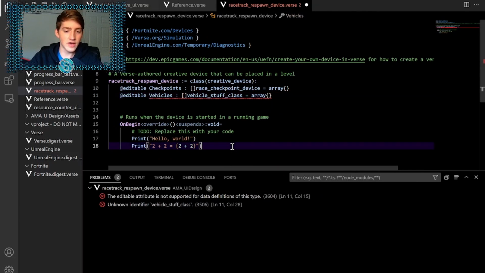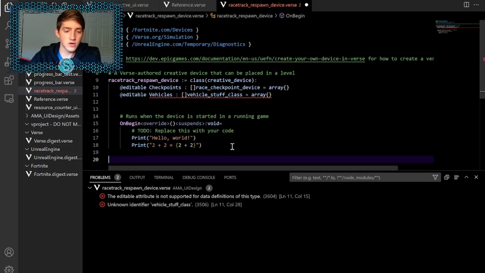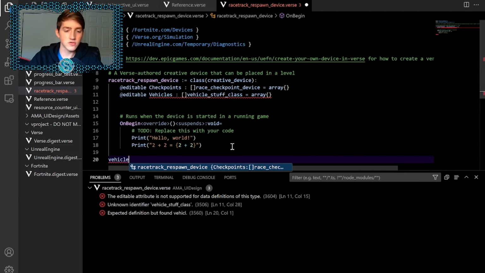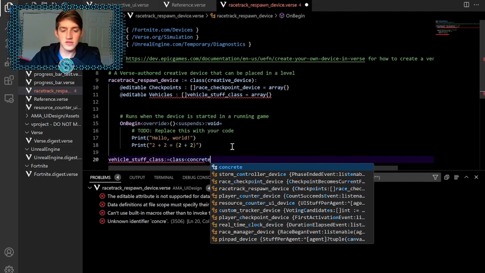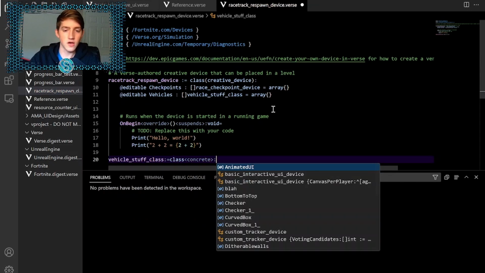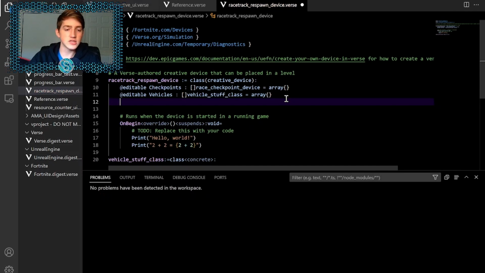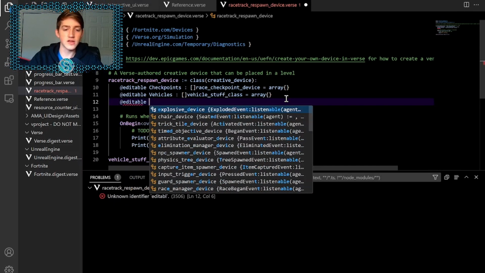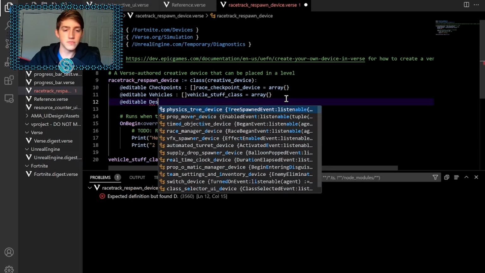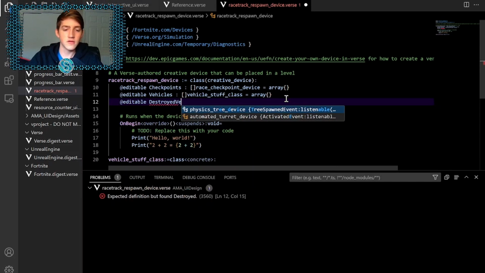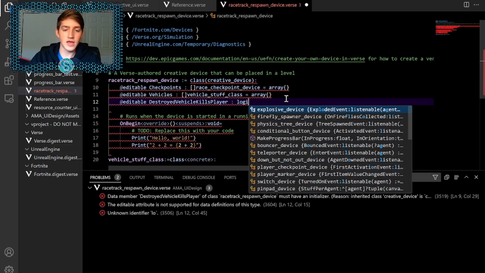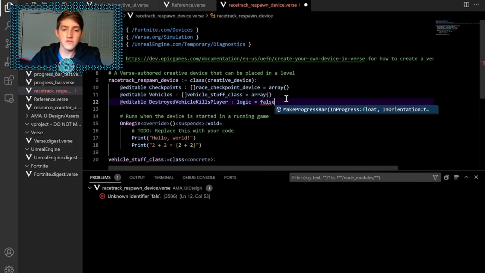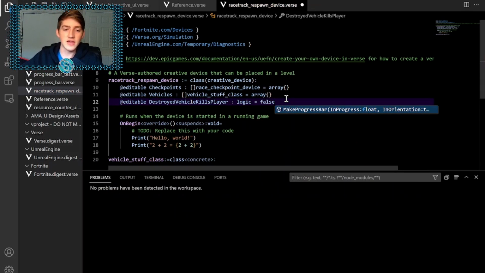It's not defined yet, so let's go ahead and define it down here. We'll call it vehicle stuff class, which is a class that is concrete, which means editable. All right. And the last thing we're going to be able to change is a toggle for respawning the player. So we'll call this destroyed vehicle kills player. And that's going to be a logic. And by default, we're going to have that as false. Basically going to be saying that if this is toggled true,